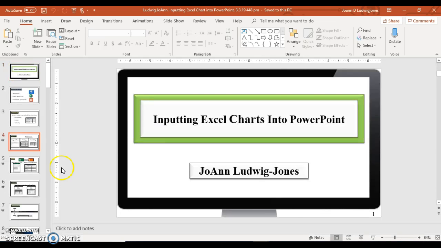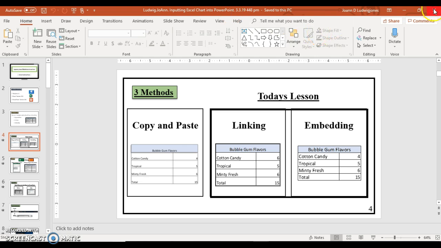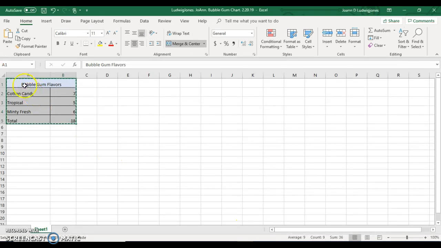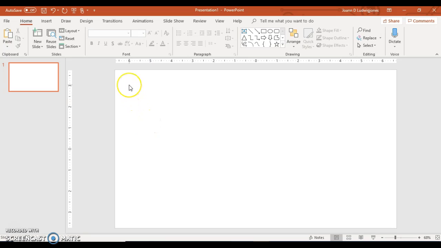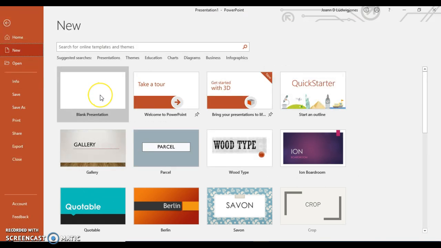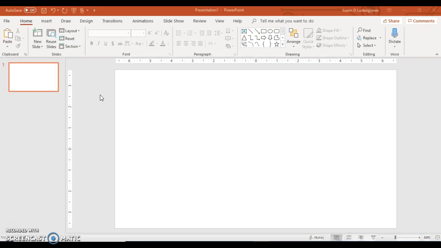So the first thing that you need to do is open PowerPoint and open Excel. We're going to start in Excel, and we are going to left click and drag to select the chart that we have designed, and then hit copy, and then go into PowerPoint. Just for your information, I'm going to start over new so you can get the full effect. You're going to click on blank presentation,